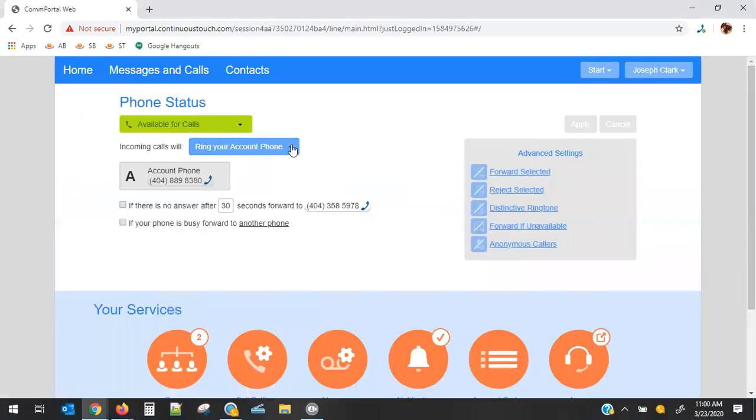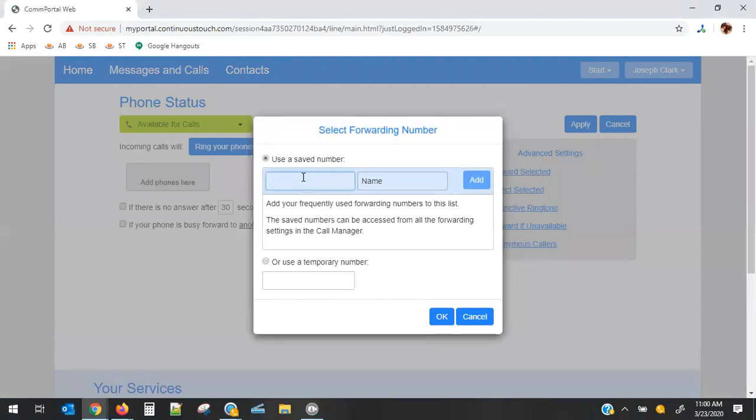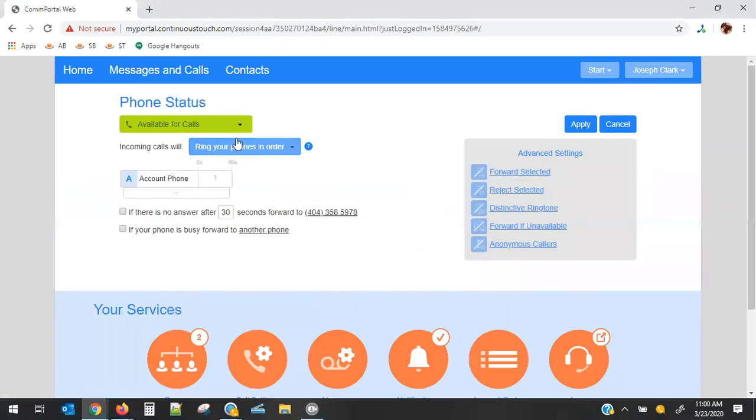From here, I'm going to select incoming calls will ring your phones in order. I'm going to add a new phone. I'm going to add my desk telephone, which is going to name it account phone. Okay, and then I'm going to